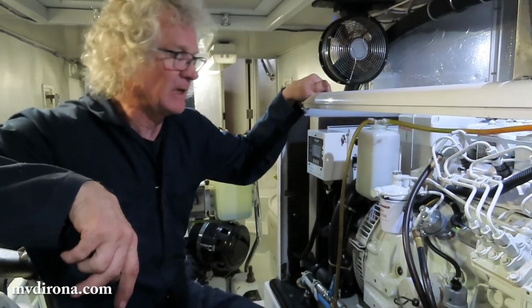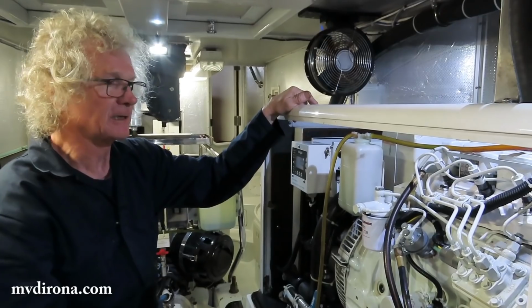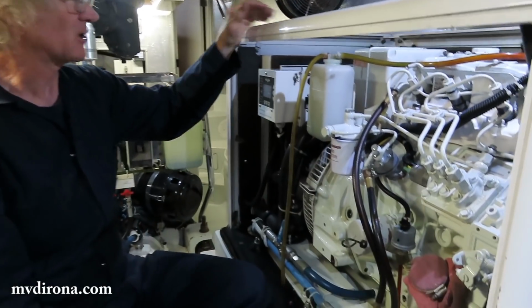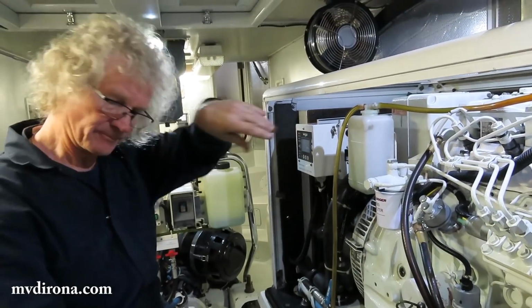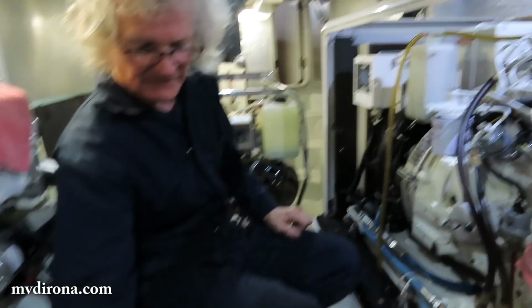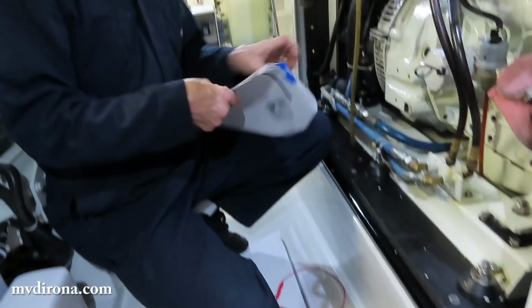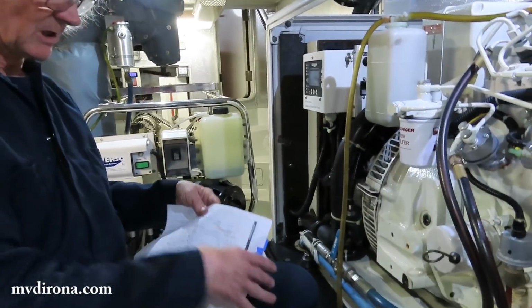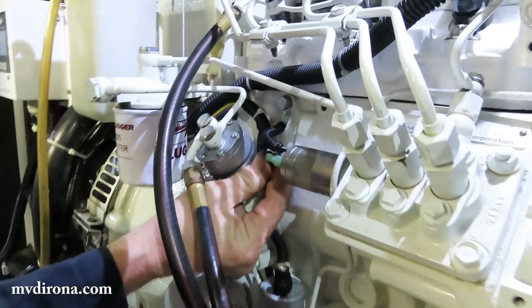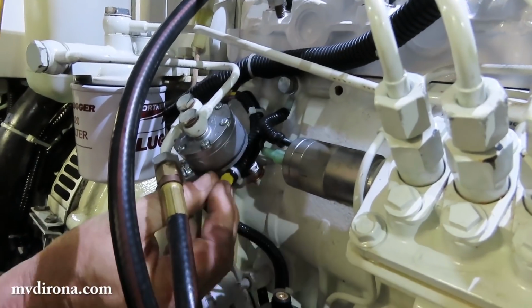Okay, I've just realized that what I was trying to do there will not work because the fuel solenoid's off. This is only engaging the starter, and so I've just done a quick look at the wiring diagram at the back of this manual, and that's it. And what I've done is I've looked and said, look, we could take off the fuel solenoid feed wire right here,